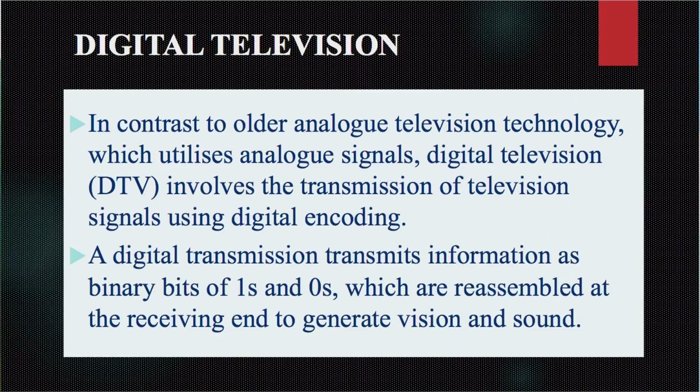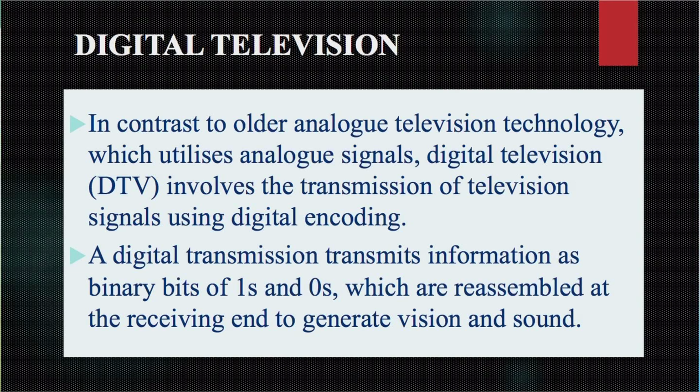To transmit programs, digital TV employs a digital signal rather than a radio transmission. A digital transmission transmits information as binary bits of 1s and 0s, which are reassembled at the receiving end to